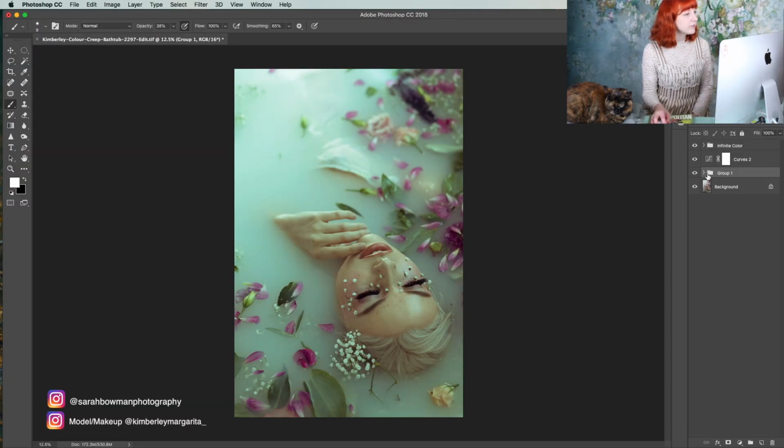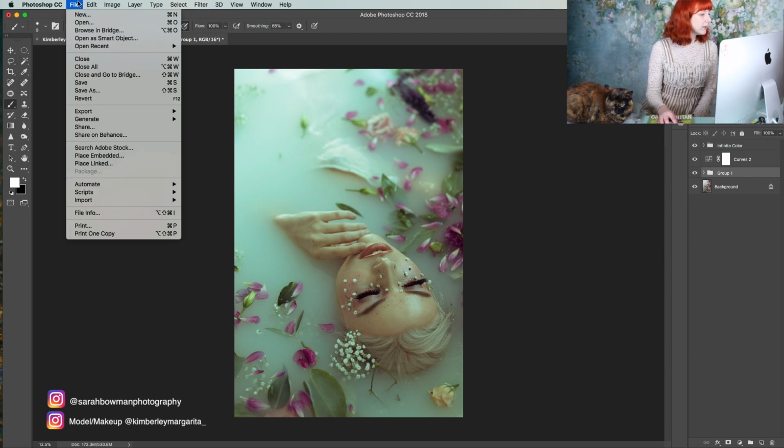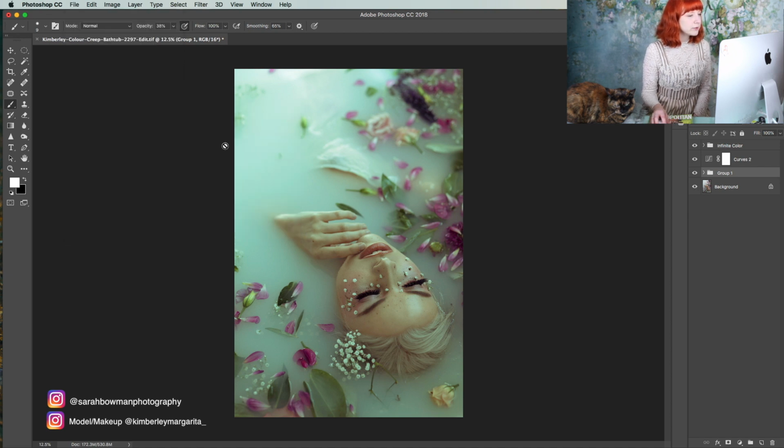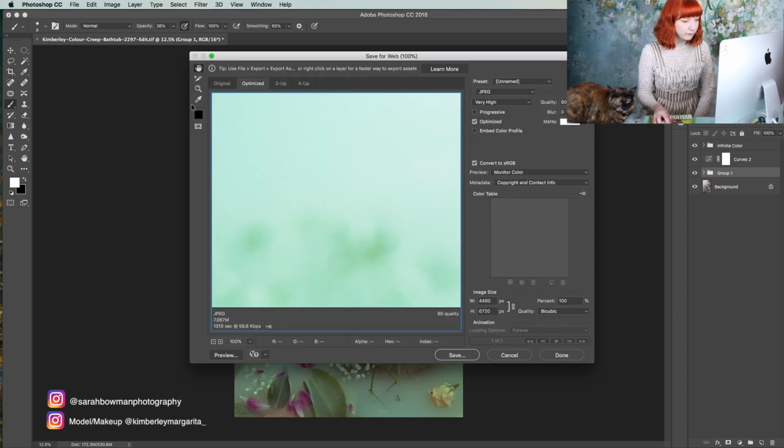So all that you have to do is go to File, go to Export, and Save for Web. And that will bring up this little window. My computer takes a little bit longer because it has to record the screen at the same time. And here we are. In the bottom left corner, it'll show you the size that your image will end up